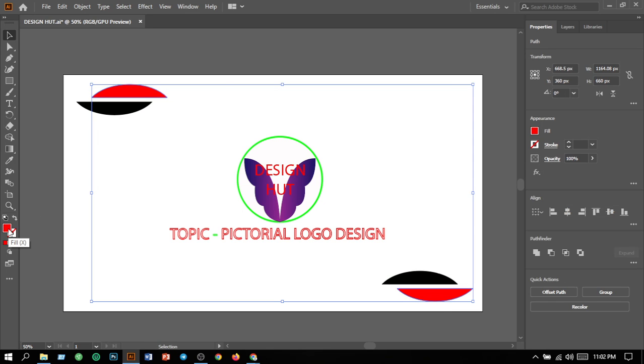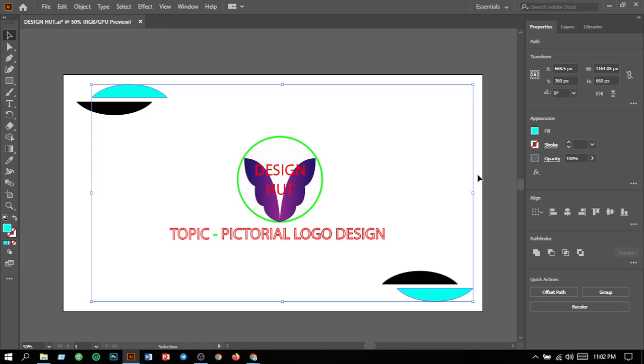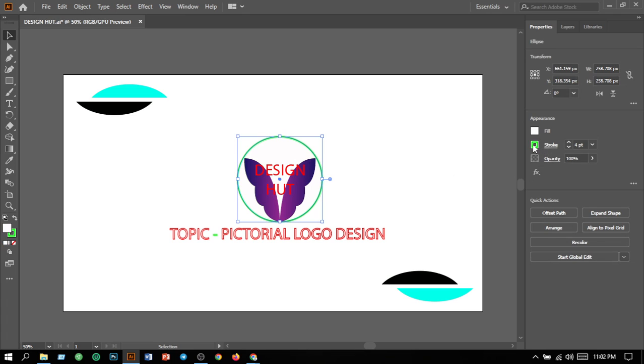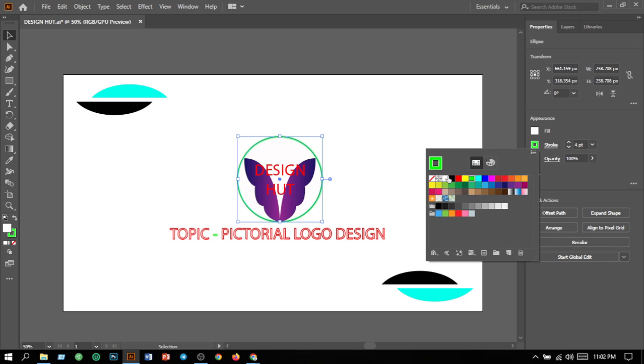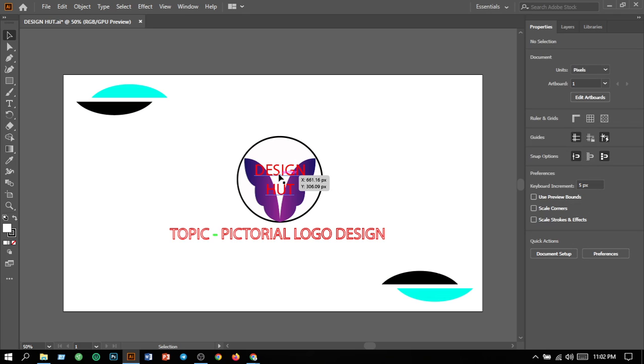its color. Which color will be the perfect one here? I will take this color. And now this circle's stroke color should be black. Should be black here. You can see, black, and